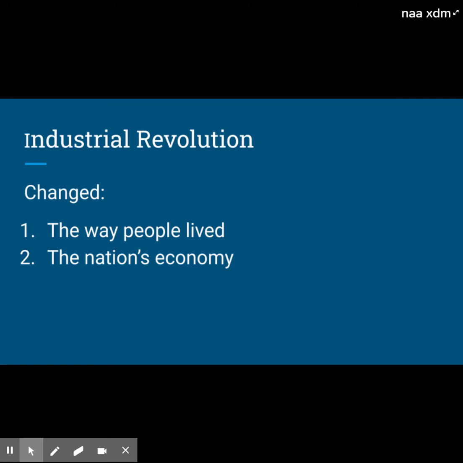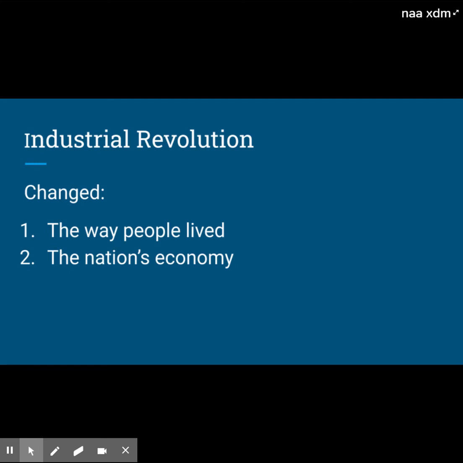Does that make sense? You have to be at work when the bell rings to start the machines, and you have to work straight through until the bell rings to stop for lunch or whatever. So a lot of your own personal freedom goes away, and the freedom within your family to control what your child does or whatever changes a lot at that point. The nation's economy is also going to change. It's going to grow a lot, and it is going to become more based on industrial products rather than on